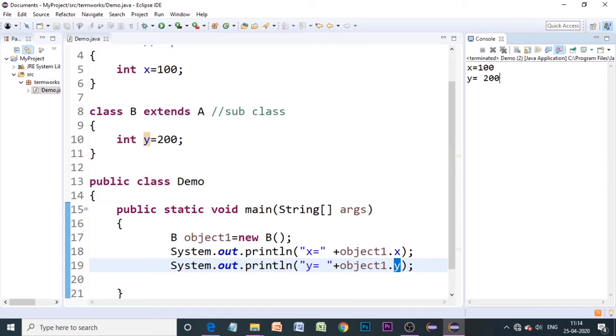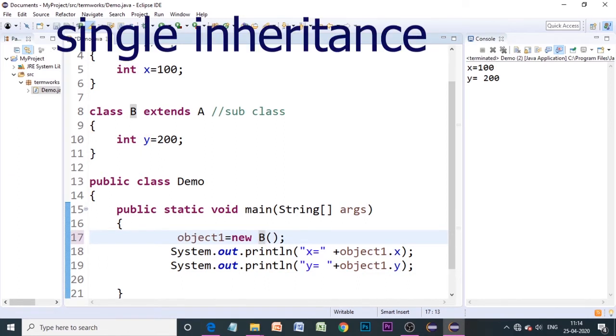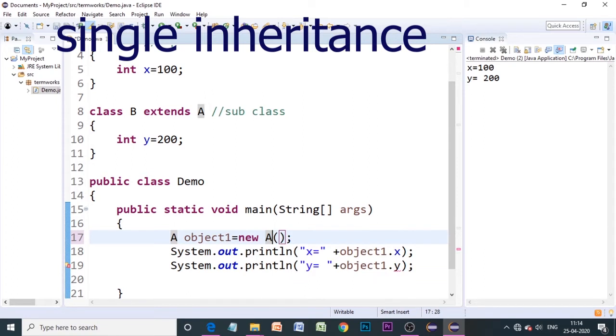Now let me change the class over here. I will make it A, and here it has to be A. That means this time I have created an object of class A, and I am trying to access the values of x and y using this object which is of class A. But you can see that we have an error message: y cannot be resolved or is not a field.